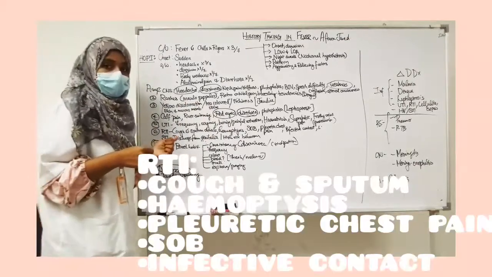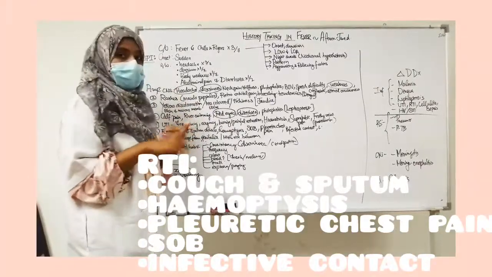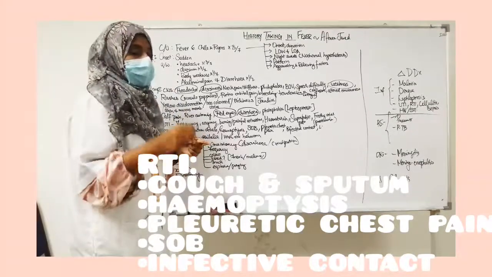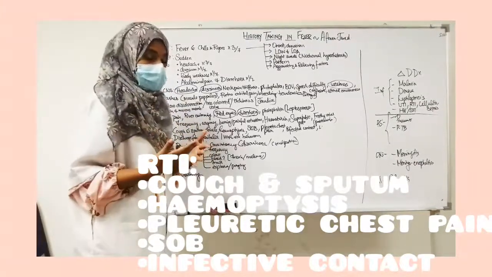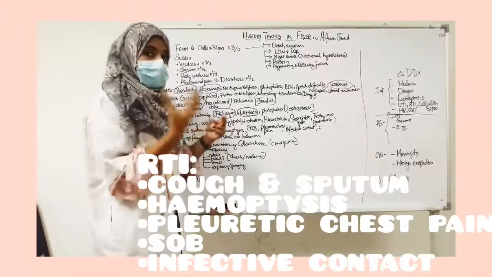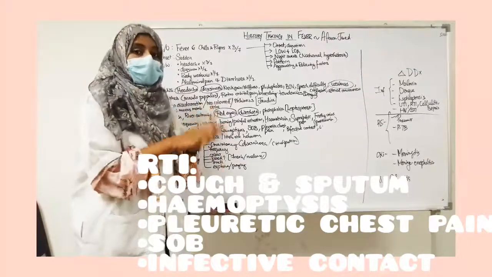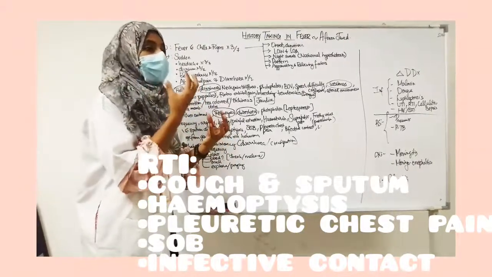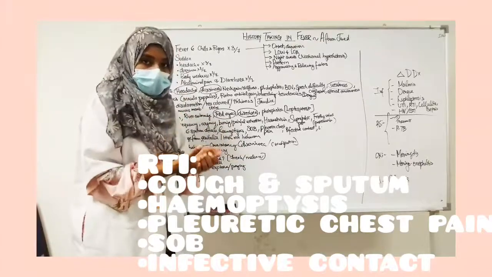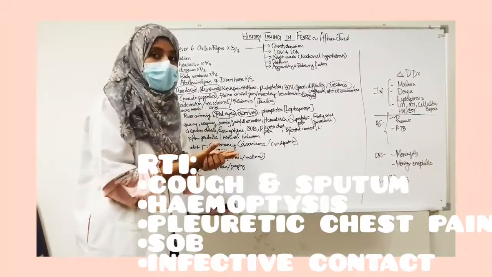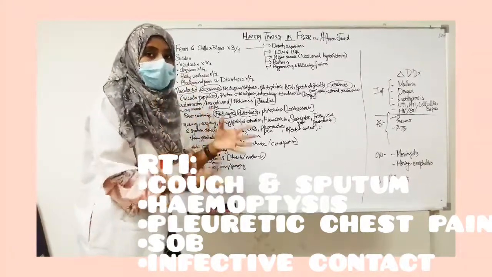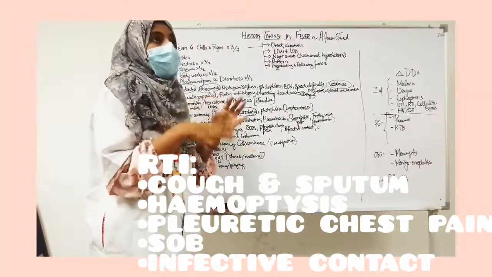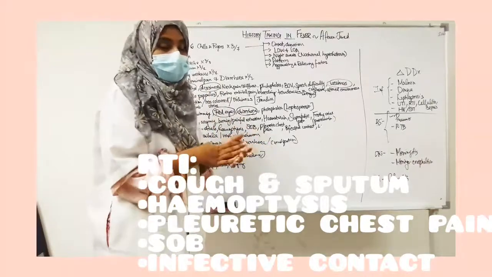Then respiratory tract infections can be ruled out by asking about cough with sputum. If there is cough, you ask about the frequency, whether it is associated with any pleuritic chest pain, whether there is any presence of sputum. If the patient says sputum is present, then you ask about the quantity, how much, whether every time they cough the sputum comes out, whether there was any foul smell, whether there were any streaks of blood in the sputum. All these details about the sputum you need to ask in order to get an idea about what sort of respiratory infection it could be.